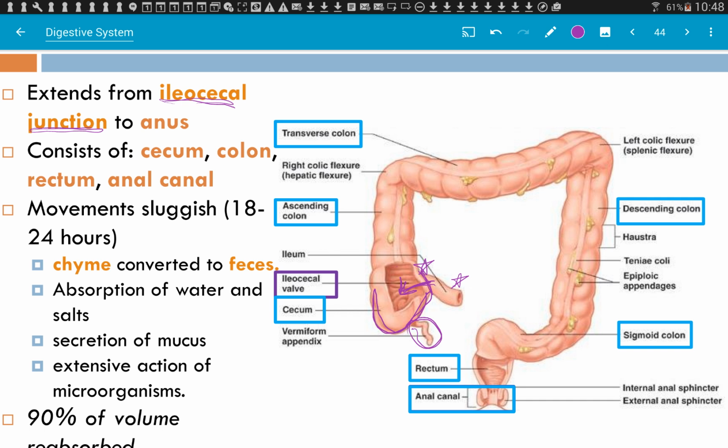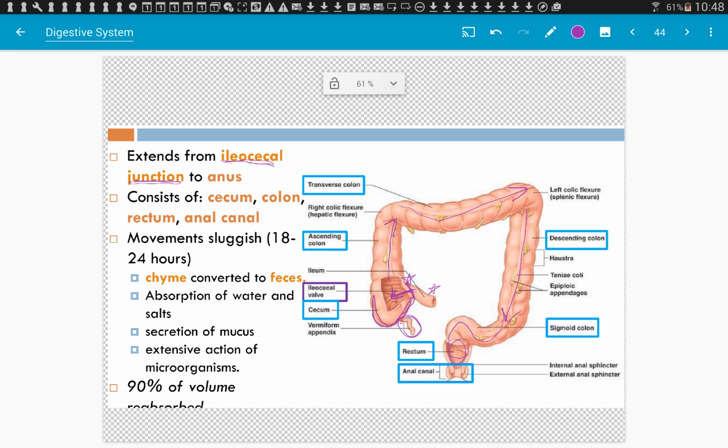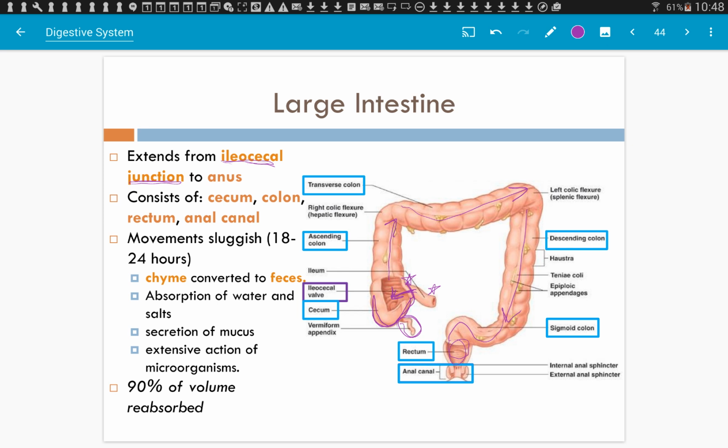Then traveling up is our ascending colon. Ascending is retroperitoneal. Transverse, not retroperitoneal. Descending, retroperitoneal. Then you have the sigmoid colon; think about it as an S, okay? You've got this S shape, sigmoid is an S, and then your waste collects in the rectum, and then you have two sphincters that control when things will exit the rectum through the anus. So you have an internal sphincter and an external anal sphincter.